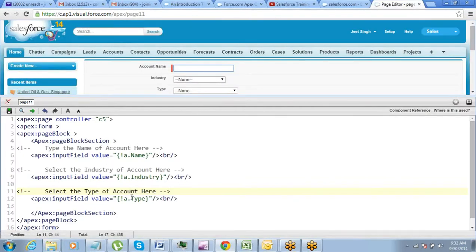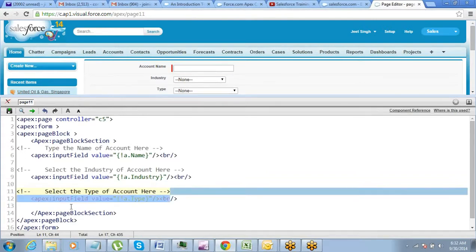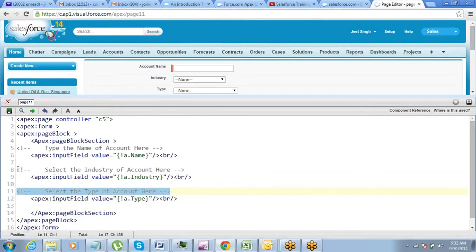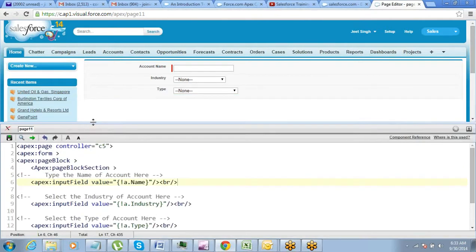Okay. So this is something which will not appear on the page, but it will still be available in the code. So this can be for your reference in future, that why did you use this field or something like that. Or this can be something that you temporarily do not want to use, but you feel that it might be required at a later point of time. You do not want to delete it. If you delete it, then a piece of code will be lost. So you can just keep it.